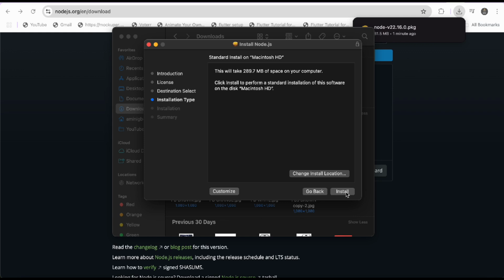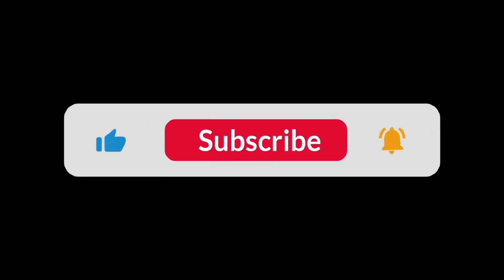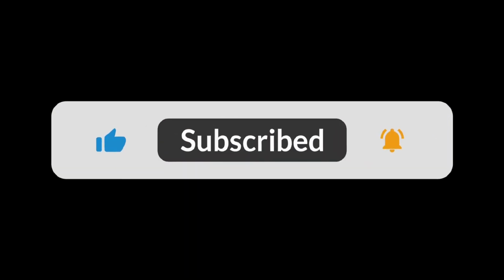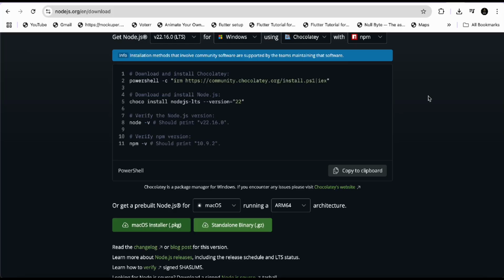So I'm going to wait for us to complete this process, and the next thing we're going to do is to verify our installation while this is done. So if you have successfully installed your Node.js just like we explained earlier, this is how to check if your Node.js was properly installed. First of all, open your terminal or your command prompt, and we're going to type the